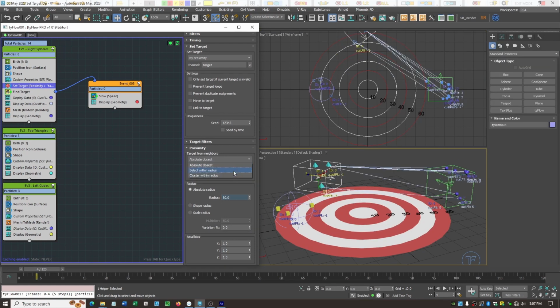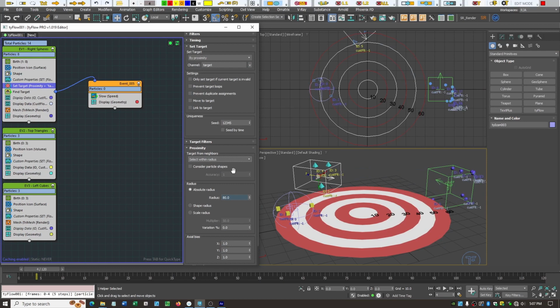Alright, well, within radius is fairly self-explanatory, but we'll just cover it. So with this select within radius, it's the radius you set here. Now right now we're not close enough in this target. It will give you an approximate sense of distance in this scene. So if I was to select this